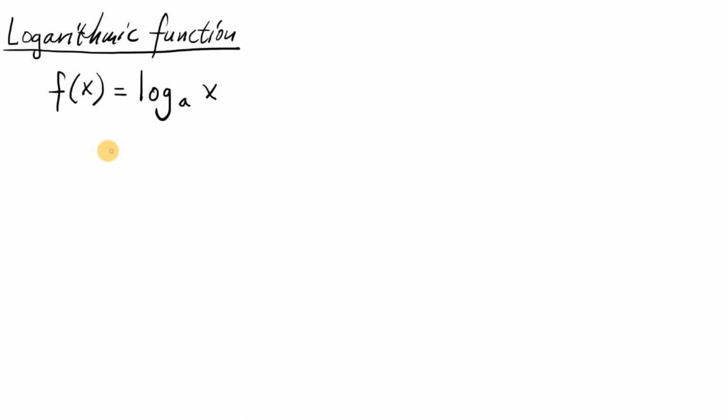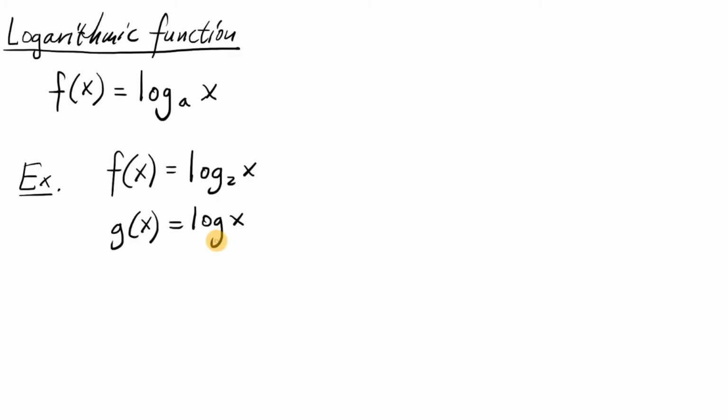A logarithmic function is a function of this form. So you have the logarithm base a of x, where a is a constant, and x is the variable. Examples of logarithmic functions are this one and this one, where log just means log base 10. And here ln x means the logarithm